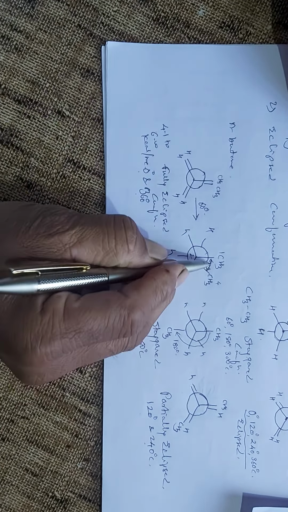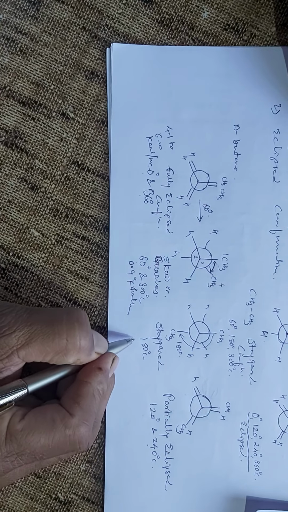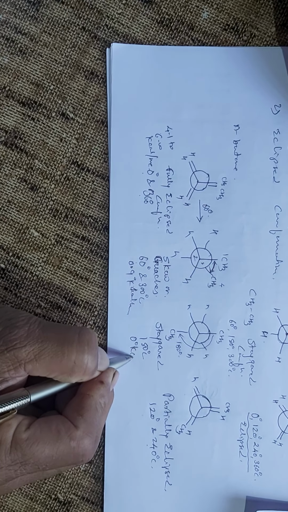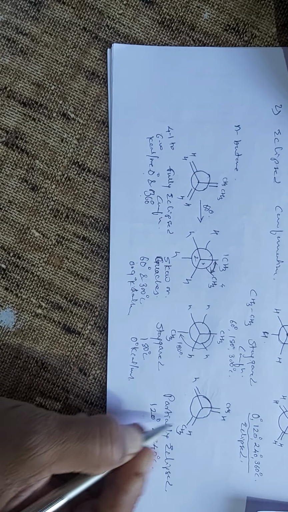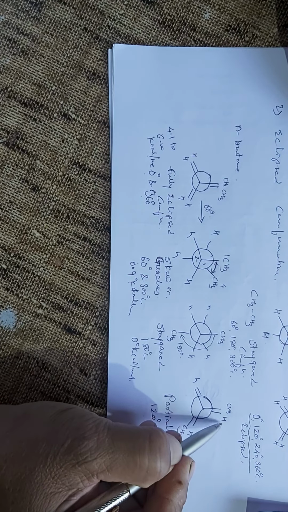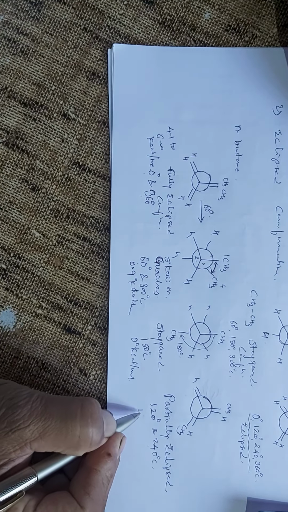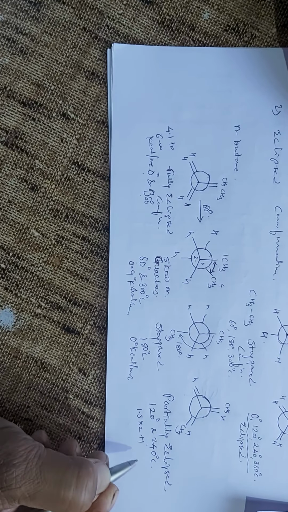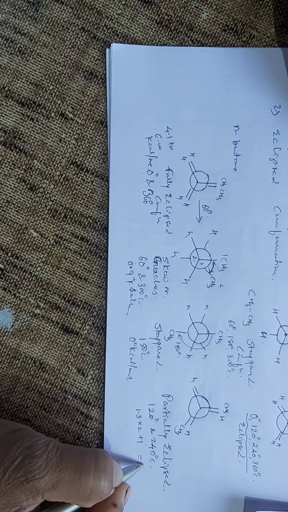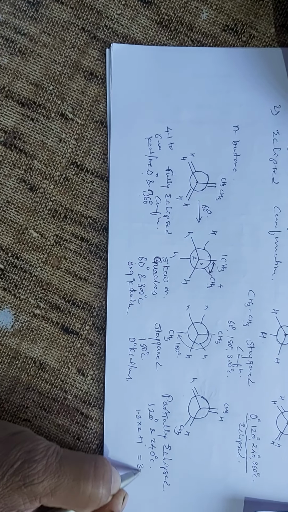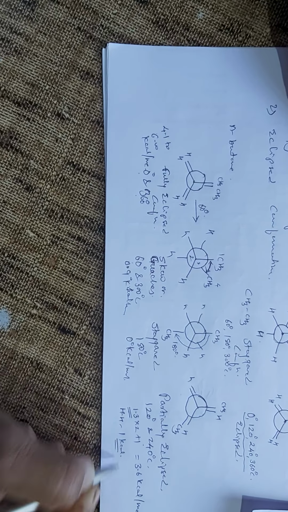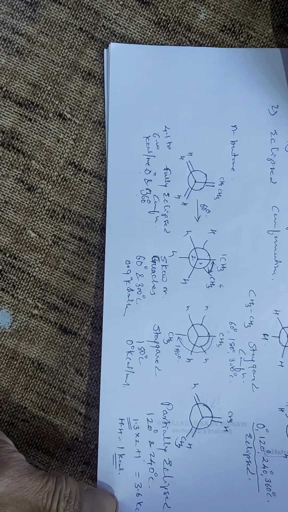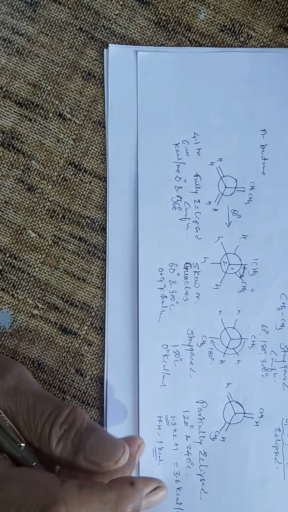And so in this way, here there is no interaction, so the 0 kilocalories energy is there, means this is the most stable conformation. And here again, when this methyl hydrogen and methyl hydrogen, this is 1.3 into 2 plus 1, it's equal to 2.6, that is 3.6 kilocalories per mole. So in this way, one methyl hydrogen interaction contributes 1.3 kilocalories, one hydrogen hydrogen interaction contributes 1 kilocalorie. So in this way we are able to calculate the internal energy of the molecules, why it is more or less. So these are the different situations.